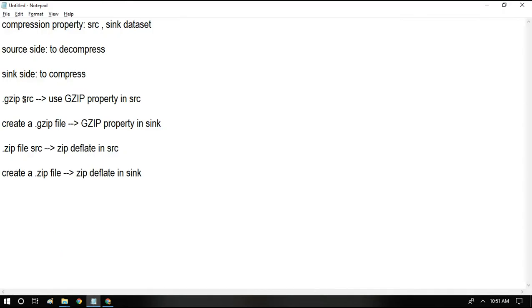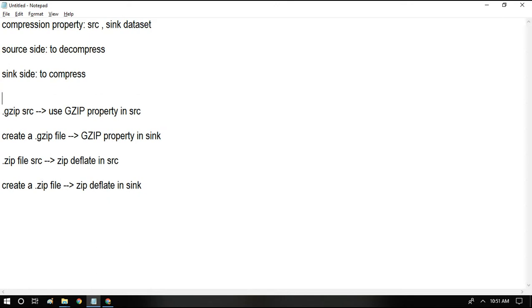It depends on the type of file we want to create or the type of file we want to decompress. For example, if you have a file with .gzip as the extension, for example 123.gzip, and this is the file that you have to read and unzip, we have to use the gzip property in the source because you are going to read it and decompress it.